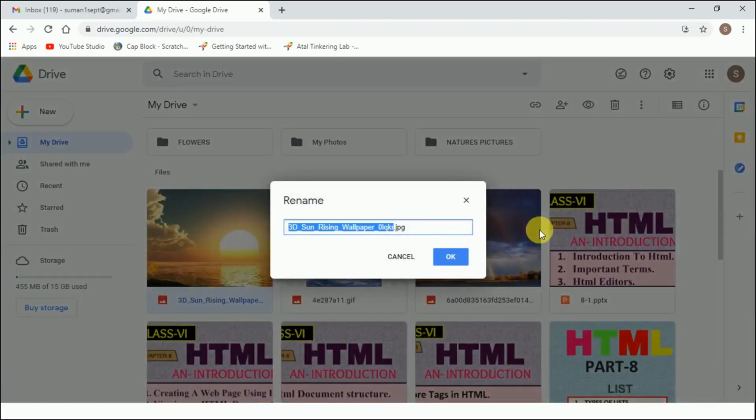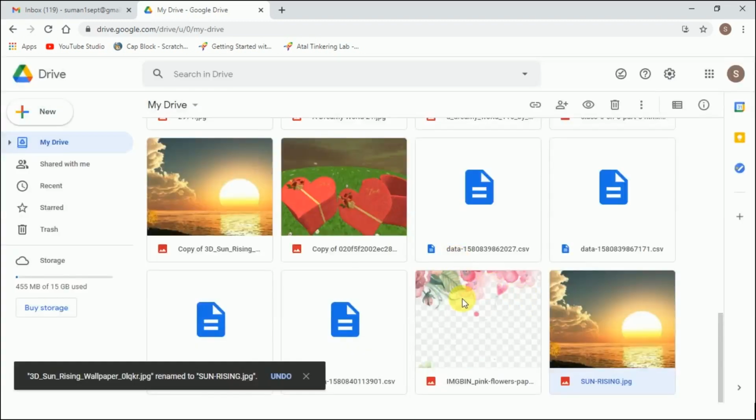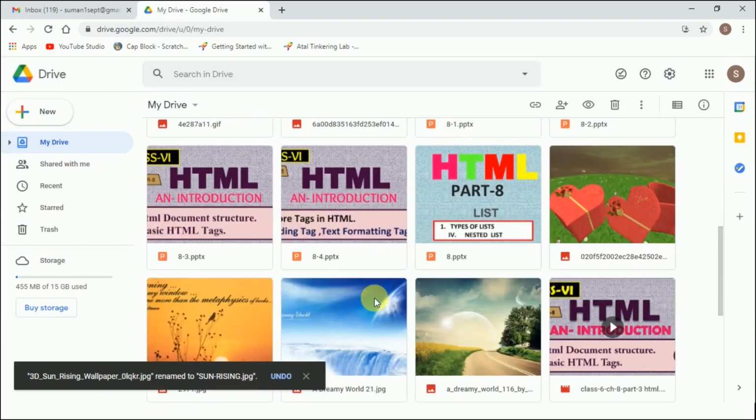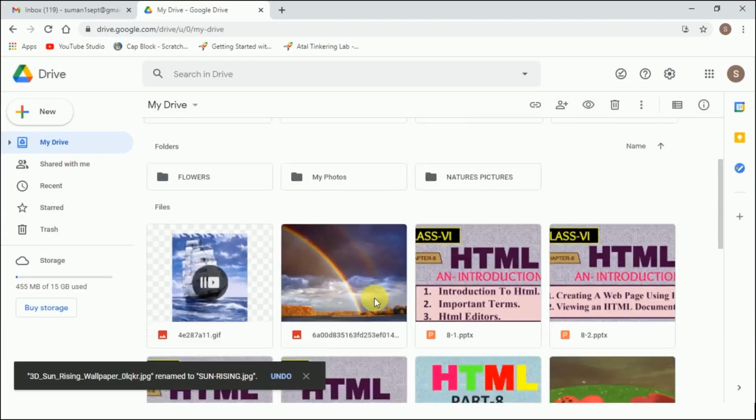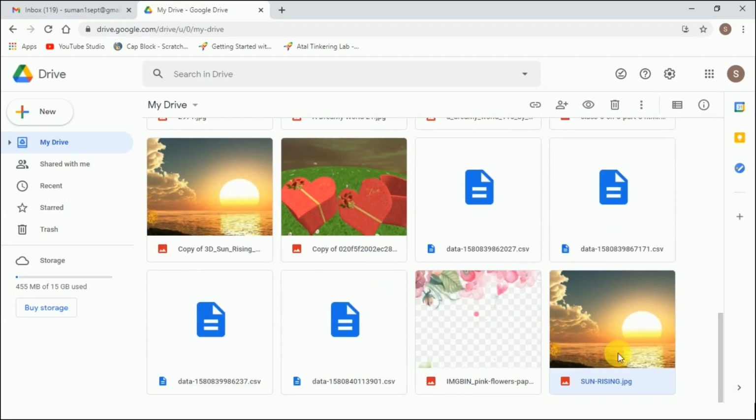I'll click over it and give it the name sun rising and click OK. Now the file name is changed to sun rising. You can see the name is sun rising. This is how we can rename a file.